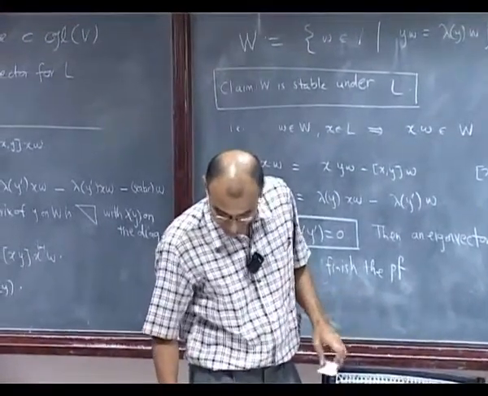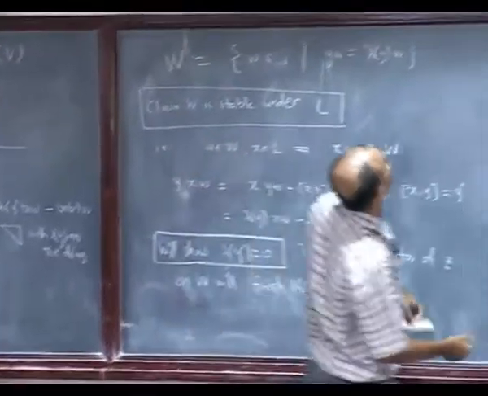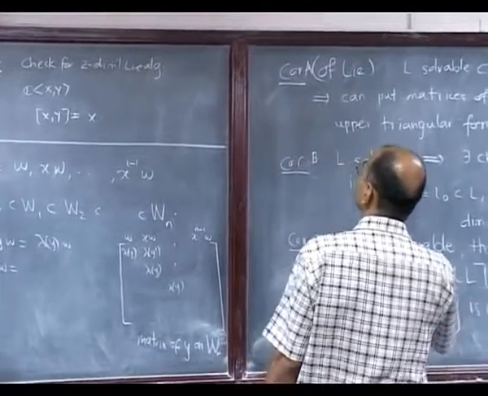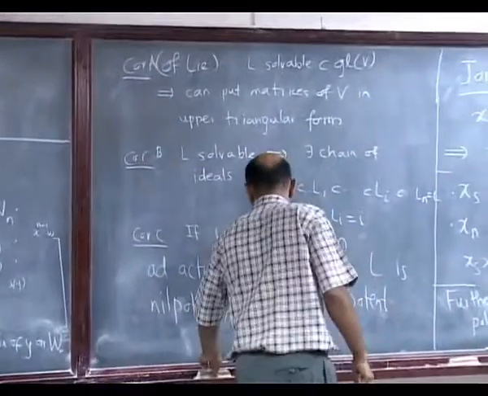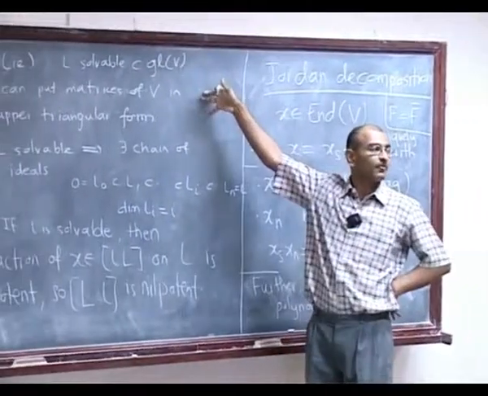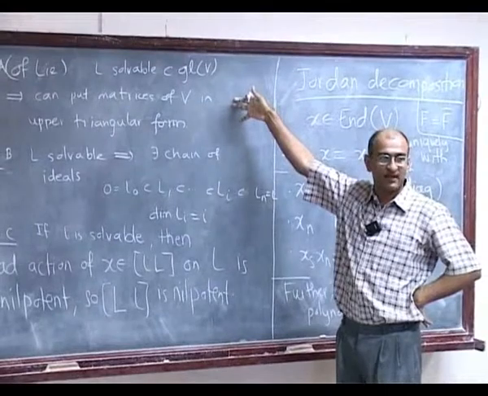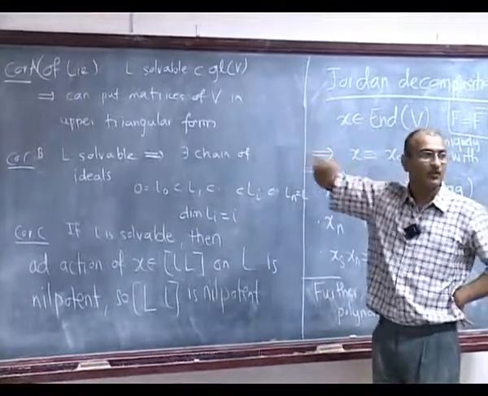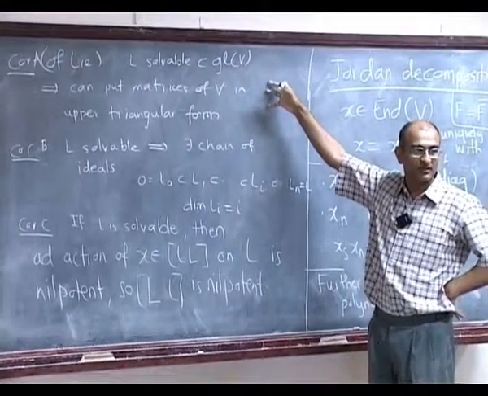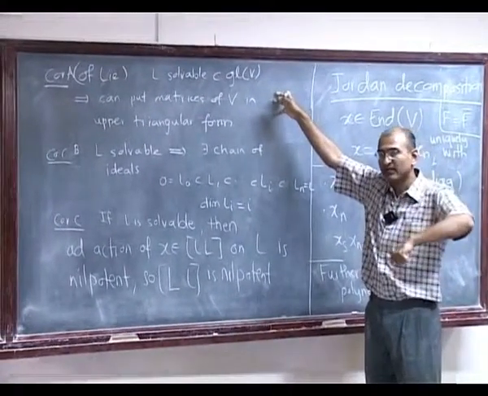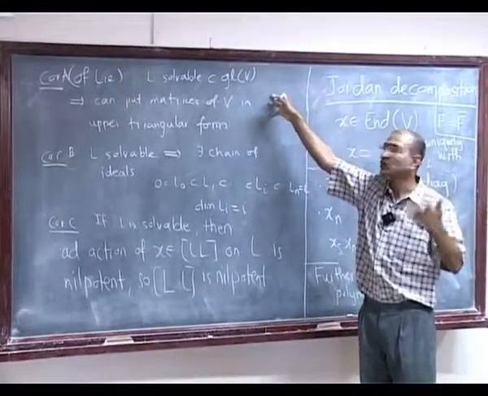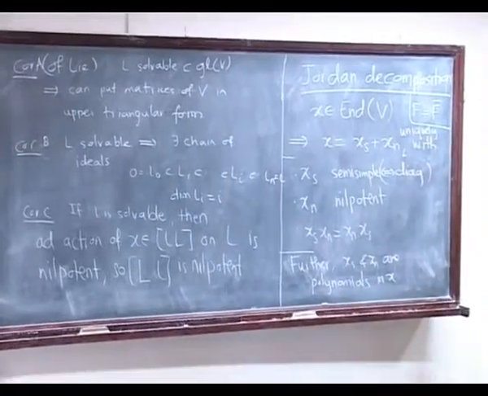And in positive characteristics it fails. So let's mop up the corollaries. Okay, I can maybe take 3 more minutes. Is this all right? This is just like before, right? When I used Engel's theorem to get matrices of an action strictly upper triangular, I do the exact same thing over here. I find one eigenvector, then I go modulo that, then I find eigenvector for the resulting action, and so on.